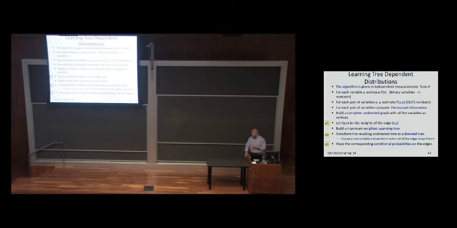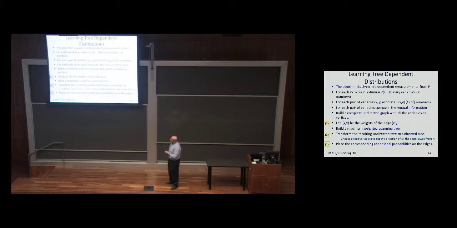Now, I just gave you an algorithm. It's a nice algorithm. What has to be shown to convince you that this is the right tree? There are three things. Okay, let's do it in this order. One, I have to show that putting the conditional probabilities on the edges is the right thing to do. Notice that I did not use any conditional probabilities during the algorithm. I used the I of x, y. Nevertheless, at the end, I'm going to put them, and this is the right thing.